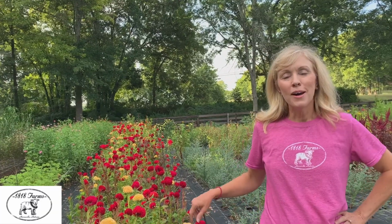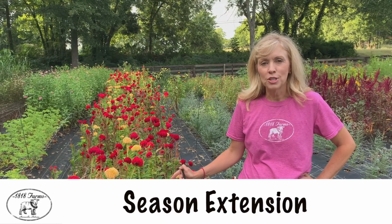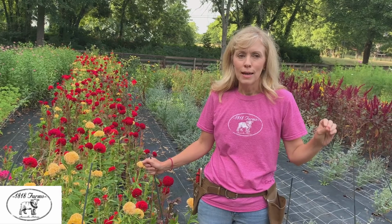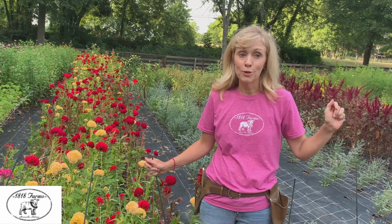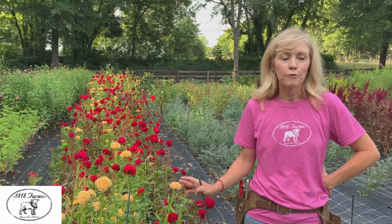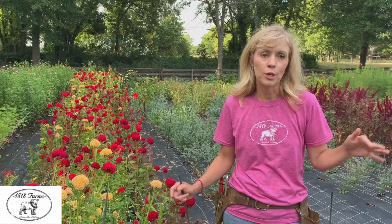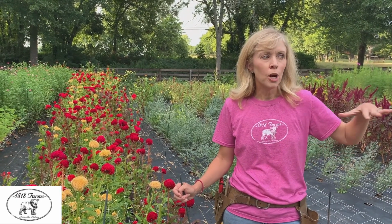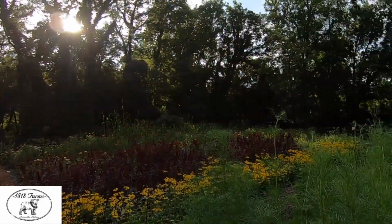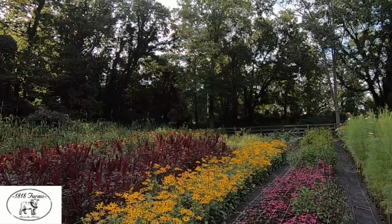Sure. So this year, one thing we're trying to focus on at the farm is season extension. A lot of people feel like, okay, you plant in April and you're done in August. And you can kind of see in this field, we're not even close to being finished. A lot of times people feel like when you're farming or gardening, your season is over in August, September. And you can see here, we're probably 5 weeks out of peak season. So things are going down. Okay. But we're still, like tomorrow, we're going to put in our last succession planting of zinnias